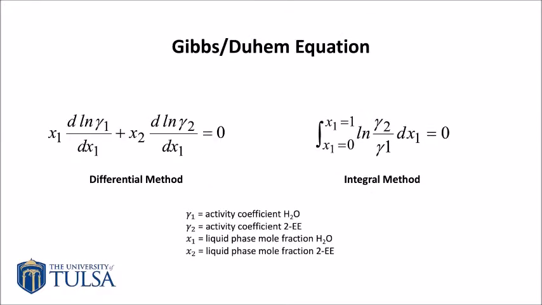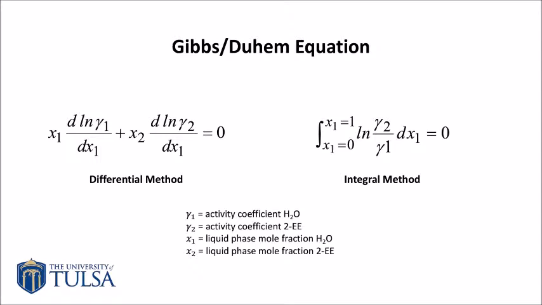Thermodynamic consistency will be tested using two methods according to the Gibbs-Duhem equation. For the differential method, the natural log of the activity coefficients must be plotted versus x1 and fit with polynomial equations. The polynomials can then be analytically differentiated and used to solve the equation. For the data to be considered thermodynamically consistent, the average absolute value of the left side of the equation must